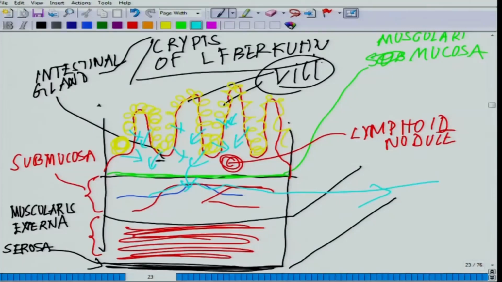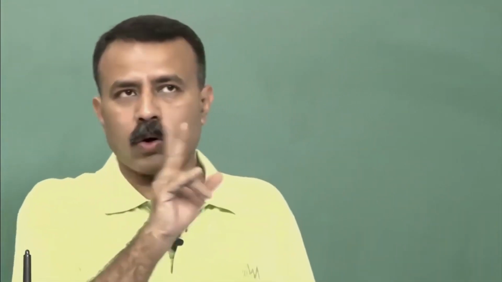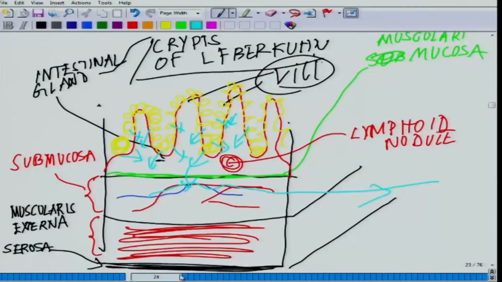So, now after this we move on to the next slide, where I will draw the structure of the individual villi and we will highlight all the different structural features in it. Okay. Let's move on to the next slide. Okay. So, now let us look at the cellular structure. The overall structure is clear to you people. Now, let me